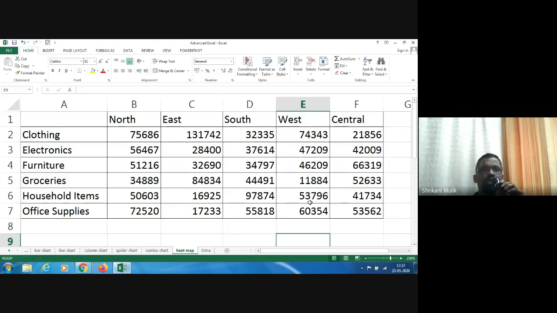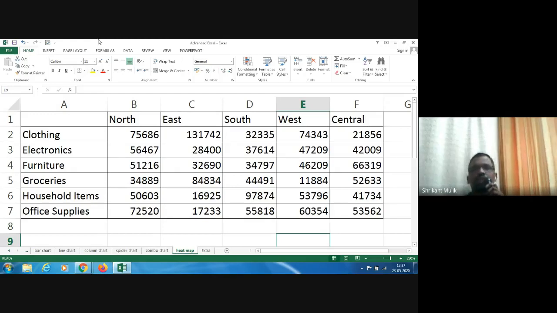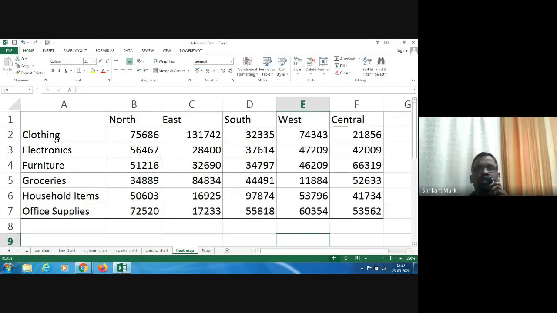There's no reason that every time you have to use red. You can always use a green thing, and the greenest is the best, and something which is not green is not good. So this is a way you could do visualization. What you'll do is that this is not charts. This is actually what we call conditional formatting, a very good feature out there.